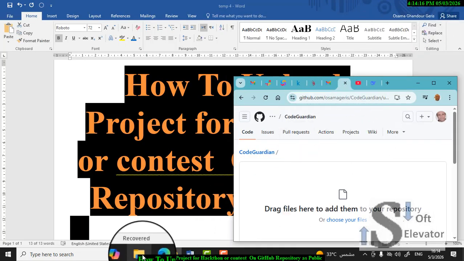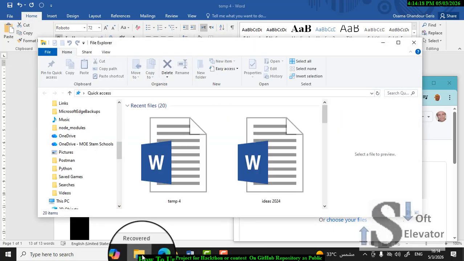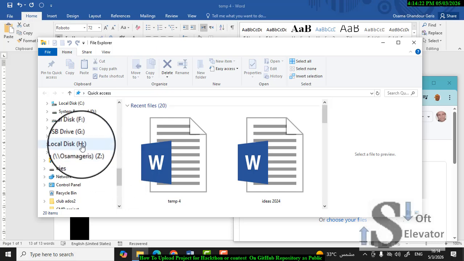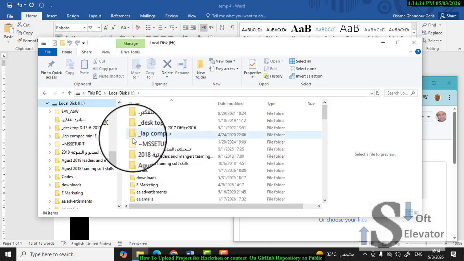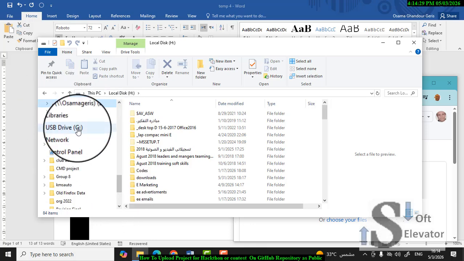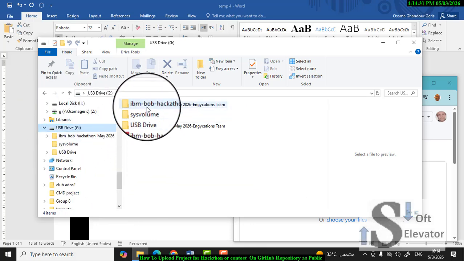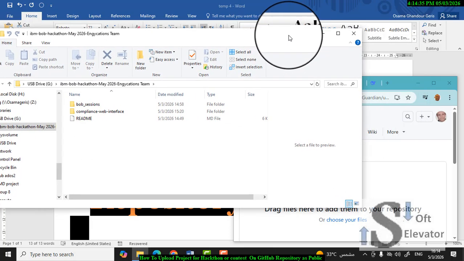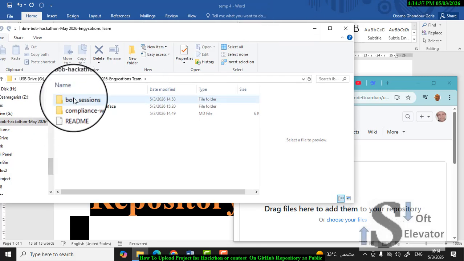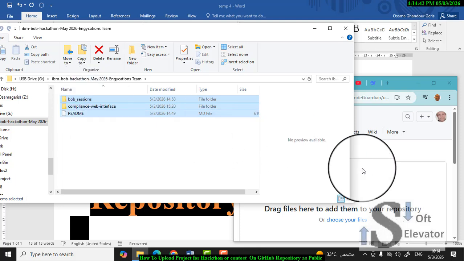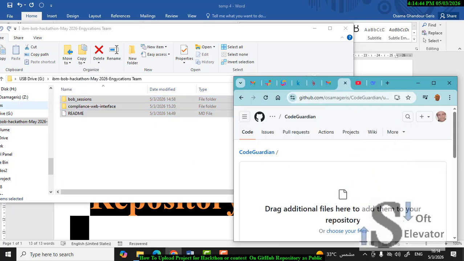So you open where your files are, and I will open the place where my files are in, and it's in the flash memory, this one, and these are the folders here. So I will drag them and put them here. It will take time,